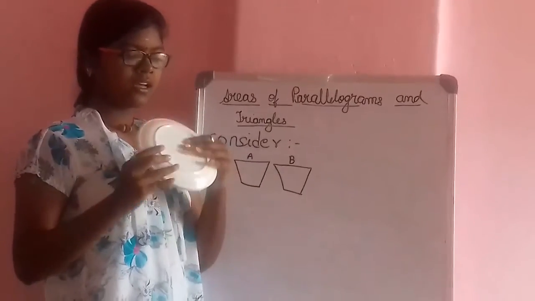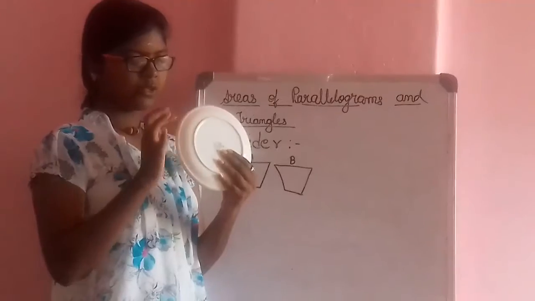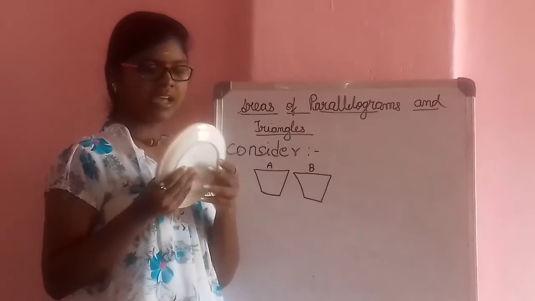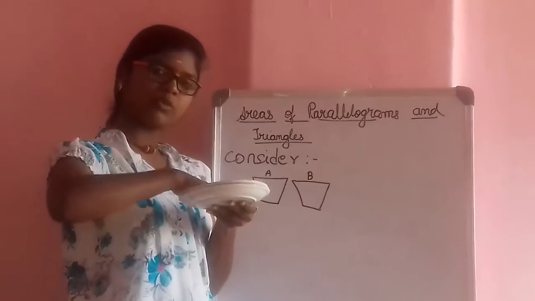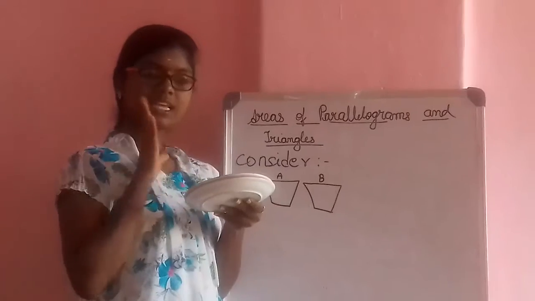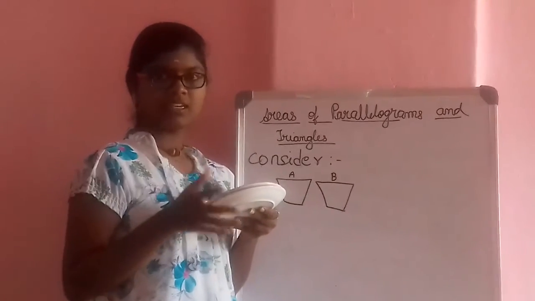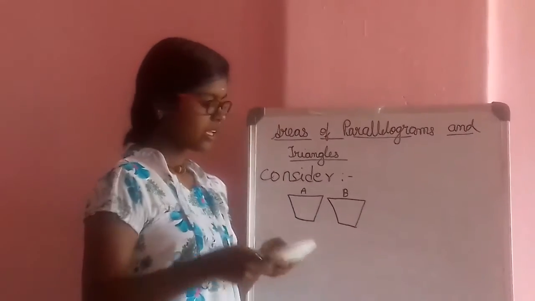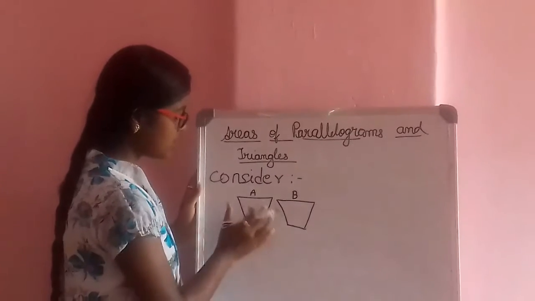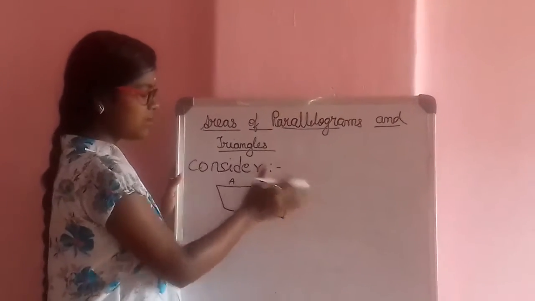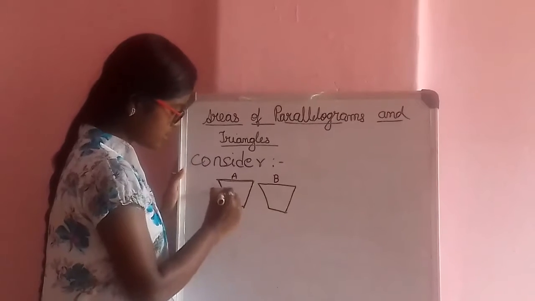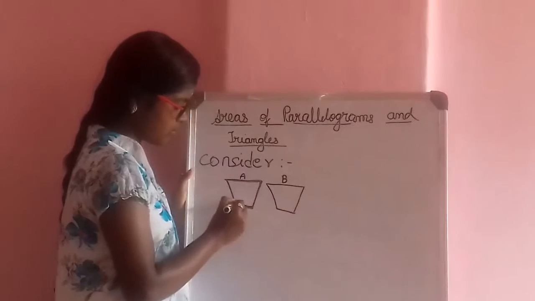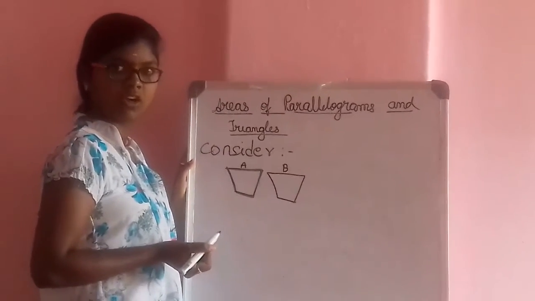You can see that here it is 2 circles, but you can find it to be 1. This means that plate B is superimposed on plate A. Such kinds of figures on a plane are called congruent. You can tell them as congruent figures. Now see this. These two figures are the same. If I keep this figure on the other figure, it will exactly superimpose. So this is called congruent.